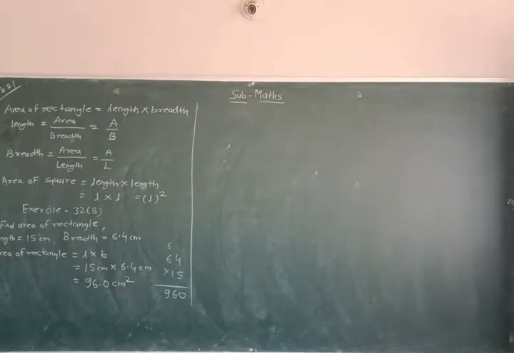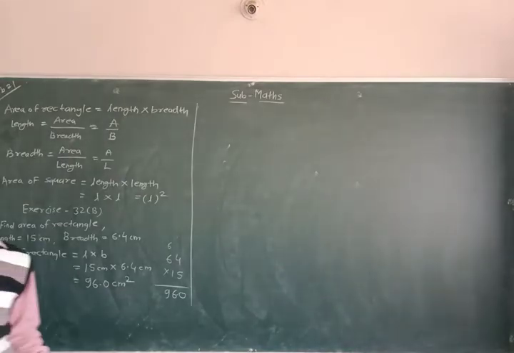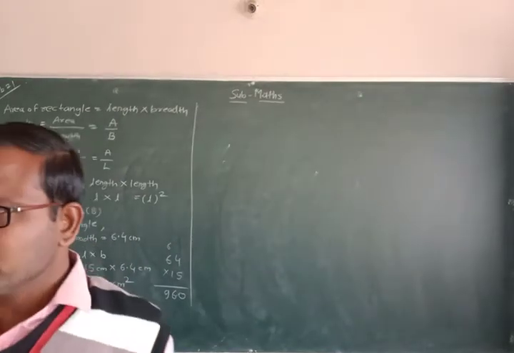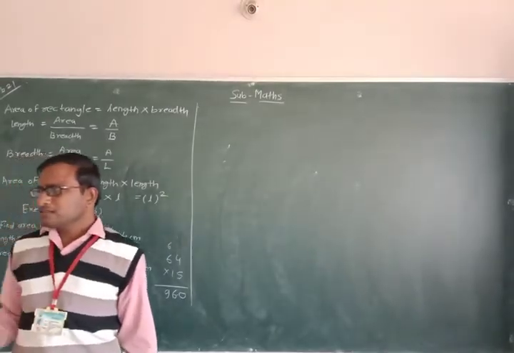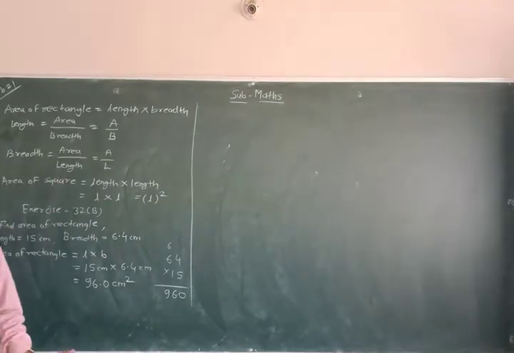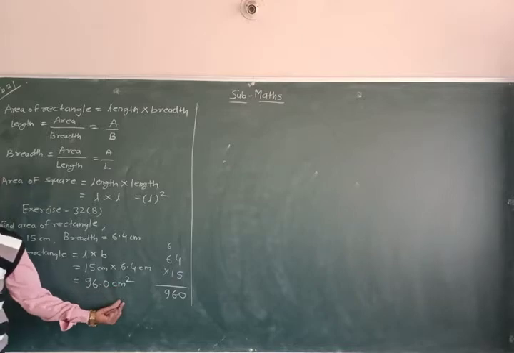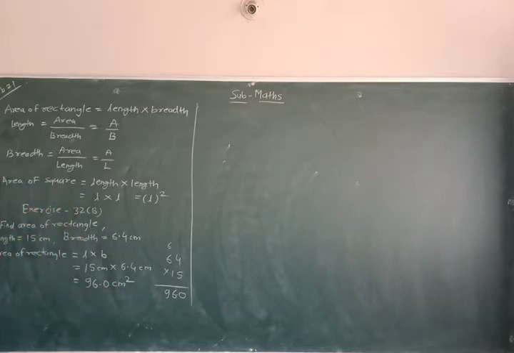Units of area, always remember, are centimeter square, meter square, kilometer square, millimeter square. Understood? In a perimeter you only write down length units: centimeter, meter, millimeter or kilometer. But in an area you always write meter square, centimeter square, kilometer square, millimeter square. Understood everyone? Okay. See here the second example.